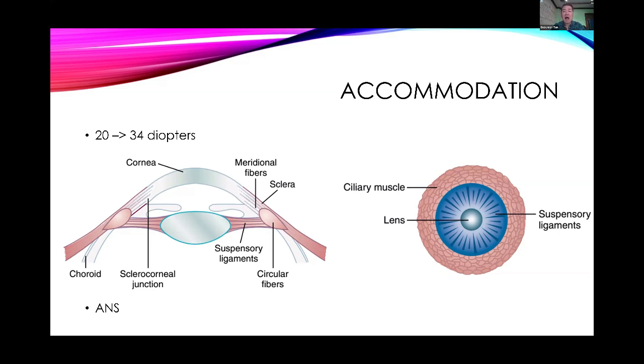Because when you are young and you can do accommodation, you can change the power of the lens. From the low 20s, it can go as high as 34 diopters. That's why if you're younger, if you're reading your text or watching Netflix, you can watch it from farther away, no problem. Your eyes can accommodate. But when you are older,